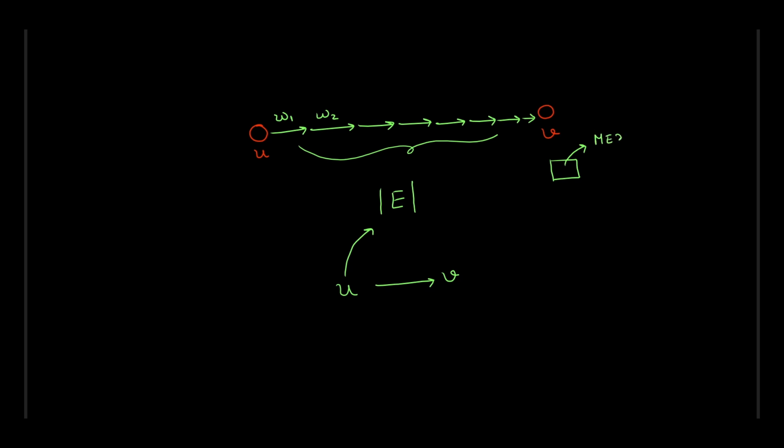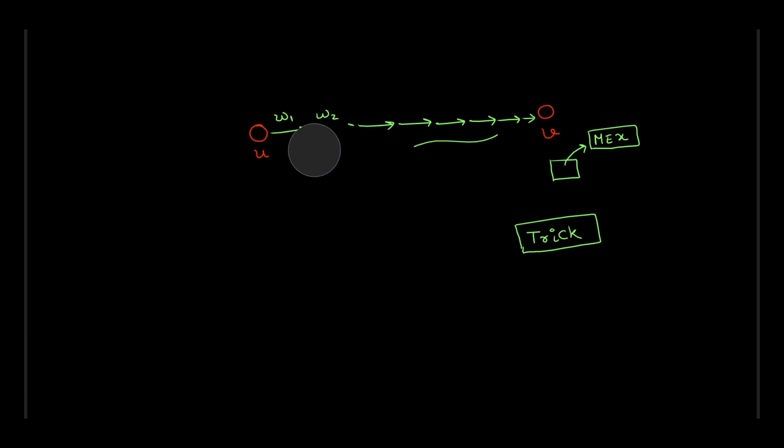But if you want to consider all the paths at once, we will apply a trick, and this is what I was talking about in the earlier part of the video, that there are some tricks which you can reuse for future graph related problems as well. And that trick is,